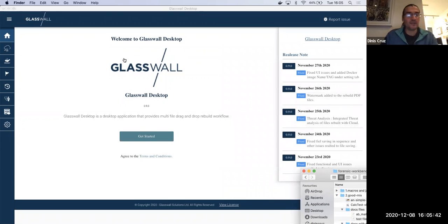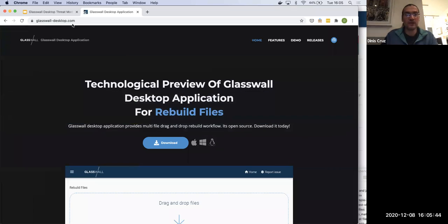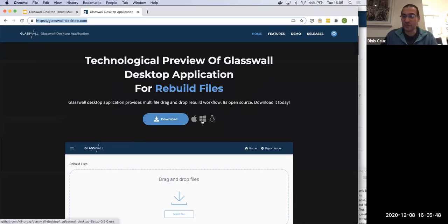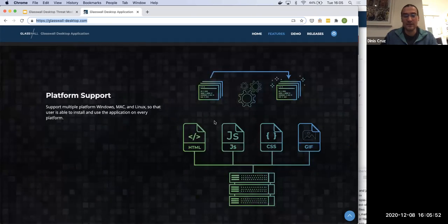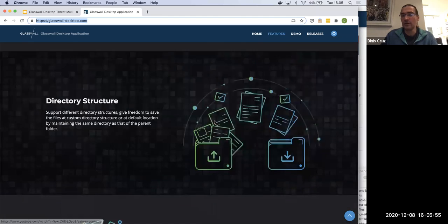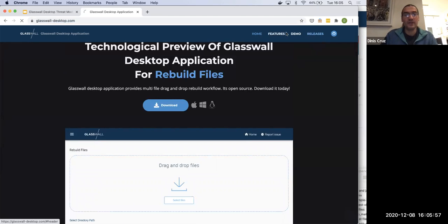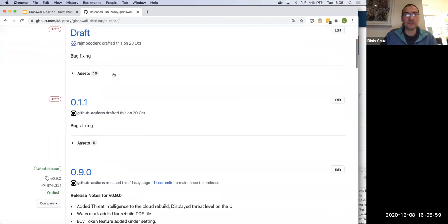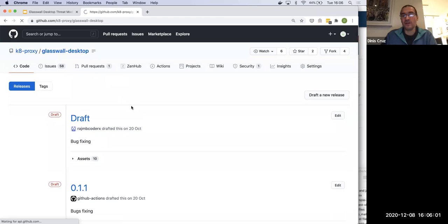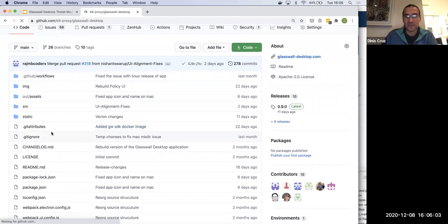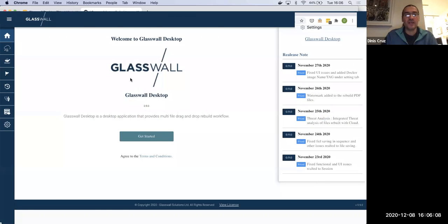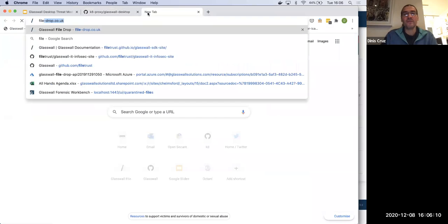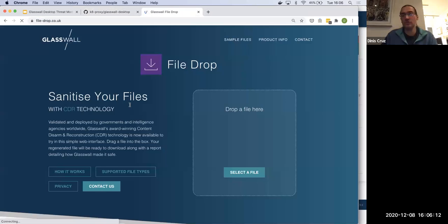You can download it from here. You can go to Glasswall desktop. It is available for Linux, OS X, and Windows. There's a couple of videos here that explain how it works. All the code is on GitHub. If you're interested in doing an Electron app or doing some React stuff, there's some pretty cool stuff on it. And fundamentally, what the tool does is, it's a local desktop interface to this tool that we developed